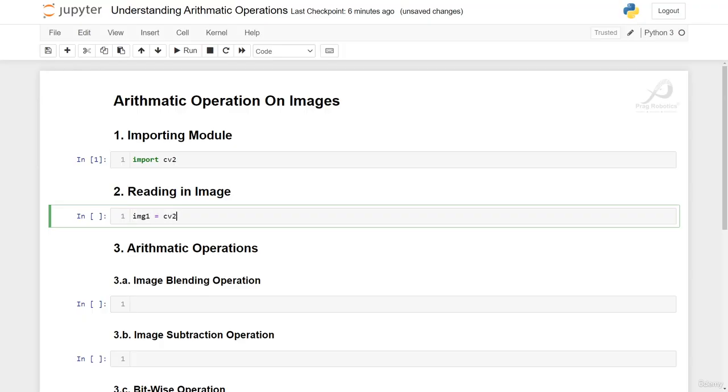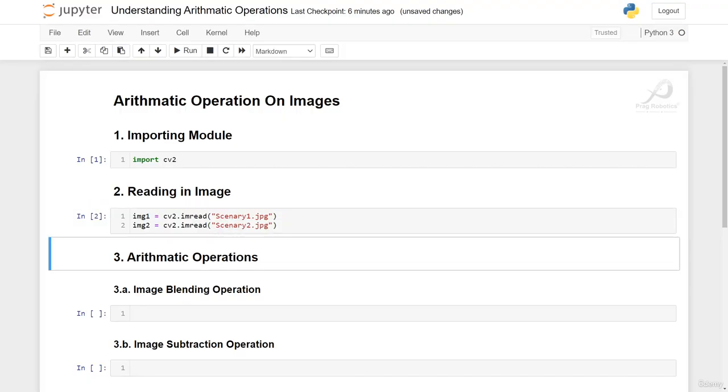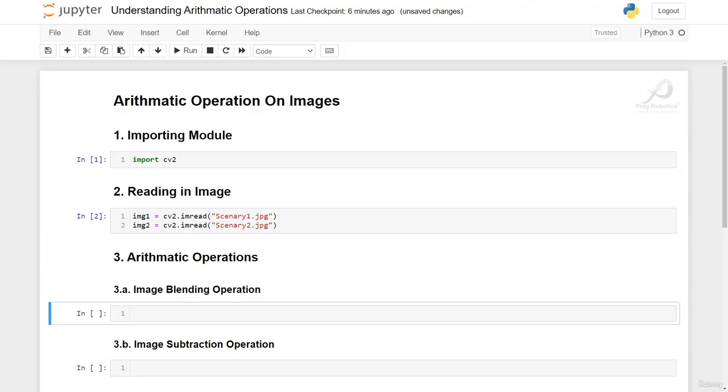So img1 is equal to cv2.imread, and I'm going to be reading in, let's say, scenery1.jpg as my first image. Similarly, img2 is equal to cv2.imread, and I'm reading in scenery2.jpg. So now that I've finished reading in the two images, let us now have a look at the code